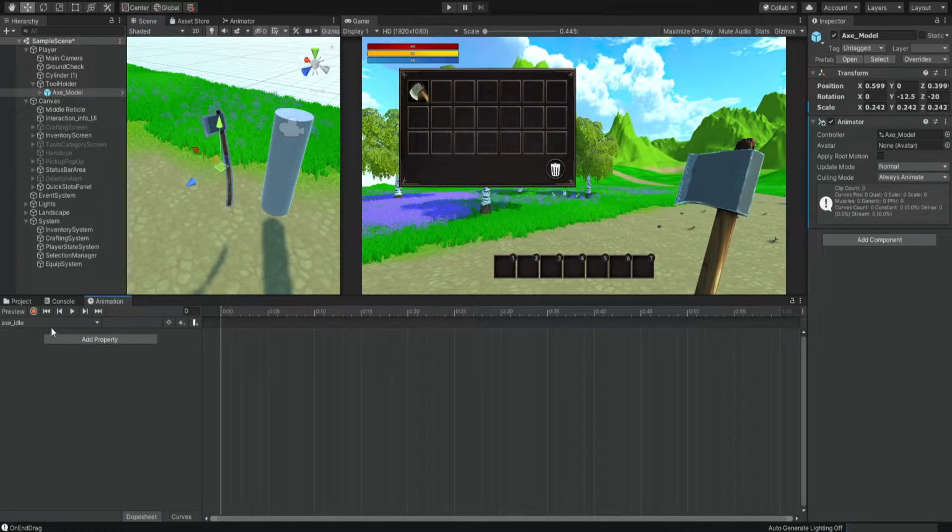So now it created this Axe Idle, and we're going to click on Add Properties, Transform, Position, okay, and we're going to expand this position.